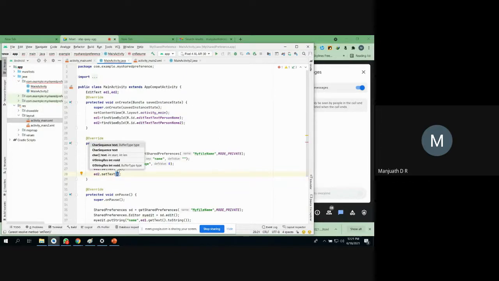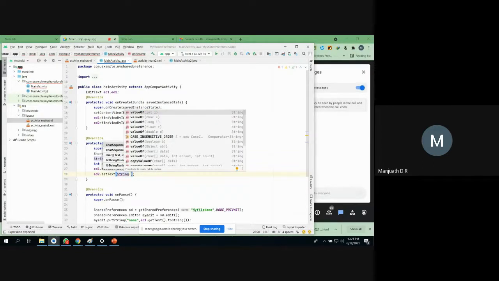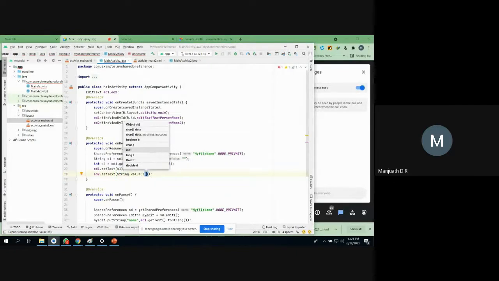Okay, so it is an integer, right? But I cannot represent integer in my text field. So what I have to do is convert back into string. So how can I do that? String dot valueOf, okay, pass the value. Now what is that variable? That is a1, right? a1. Okay, everything is fine.